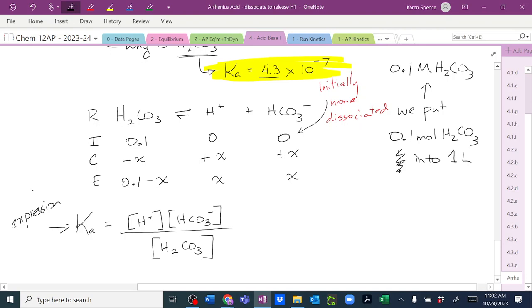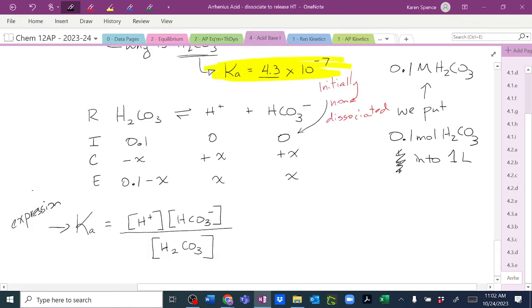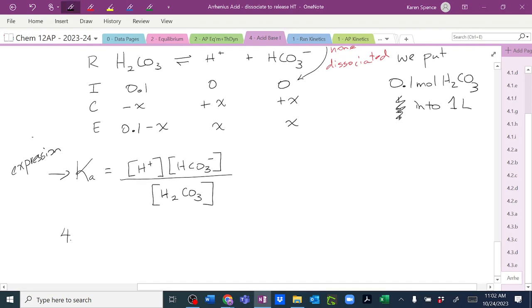So you draw the RICE table first. You write the Keq expression second. What do you do third? You replace everything. You plug in stuff. Do we know a Ka value? Yes, we do. So let's plug it in. 4.3 times 10 to the minus 7. 4.3 times 10 to the minus 7 is equal to